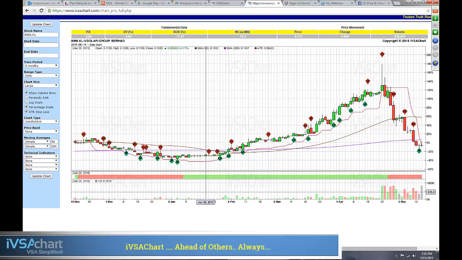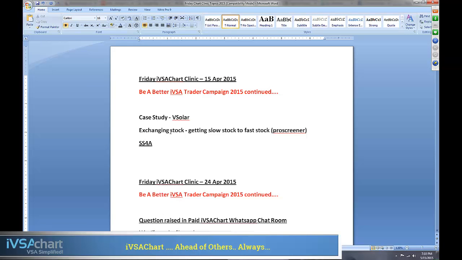Now, one of the goals that we have is to exchange horse. Okay, exchange stock or exchange horse. We consider each of the stocks like a horse that you're riding. As you're riding, the horse gets slower as it climbs. So once the horse gets slower, it's time to take some profit and ride on to the next stock.